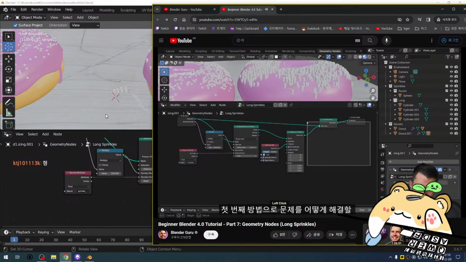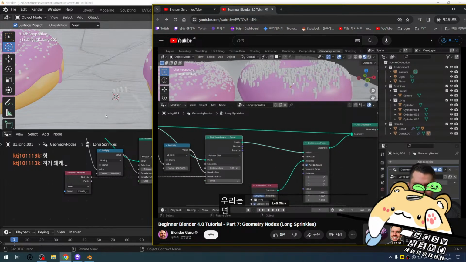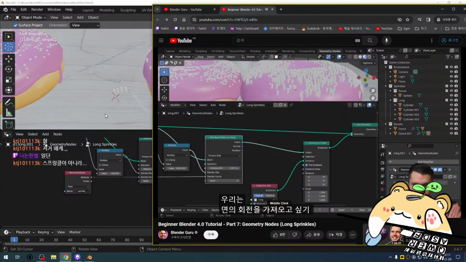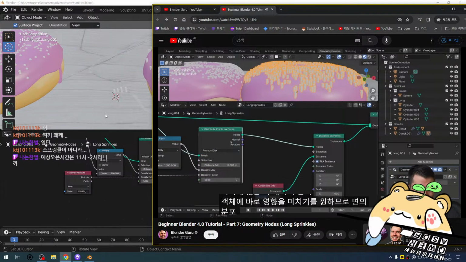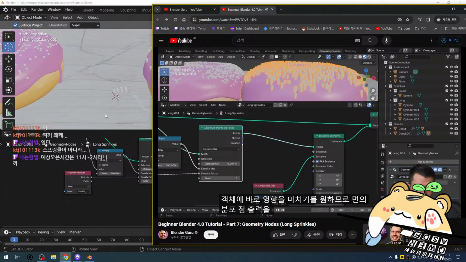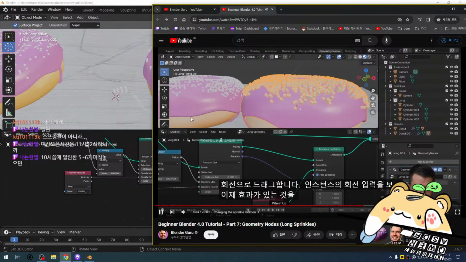The first way, well, yeah, there's a number of things you need to do to make it work correctly. You'll see, is we want to take the rotation of the face. So the face of these mesh here, we want it to affect the objects, right? So we take the output of our distribute points on faces, the rotation of that, and drag it into the rotation input of the instances. And now you can see it's having some